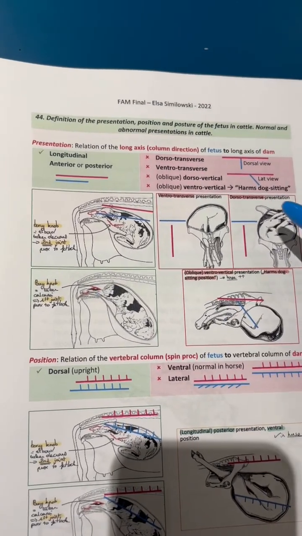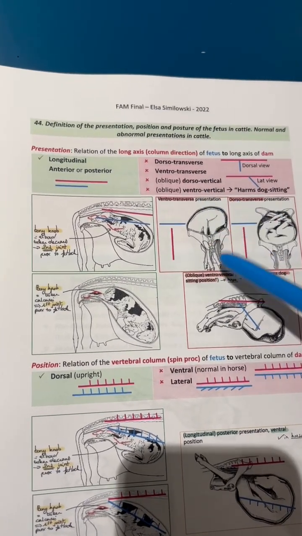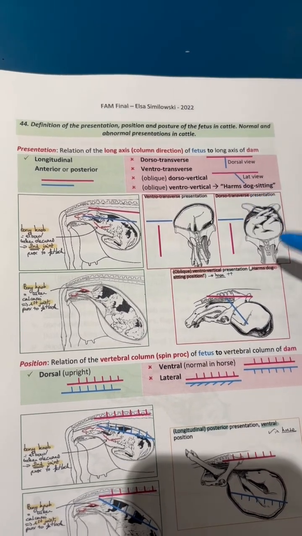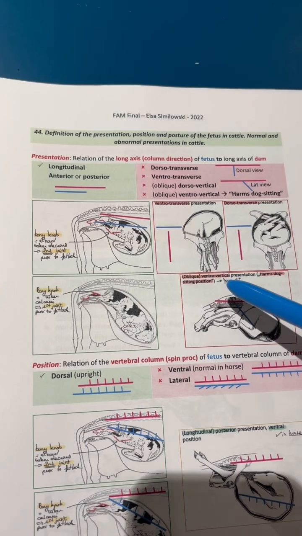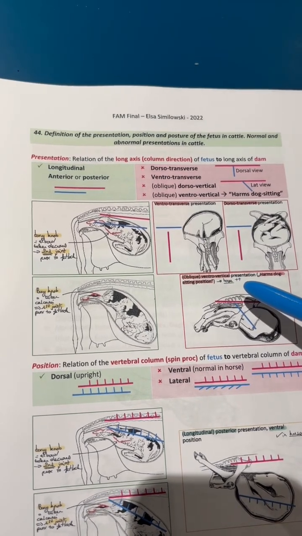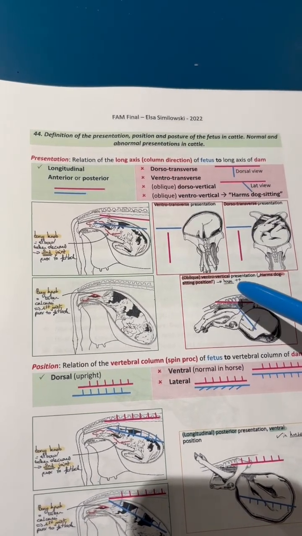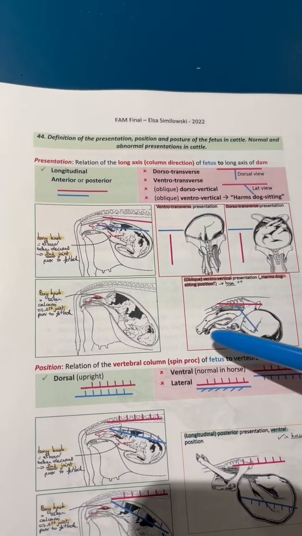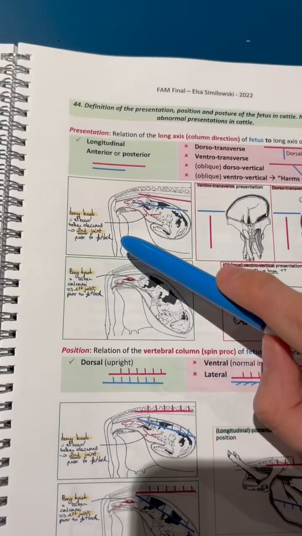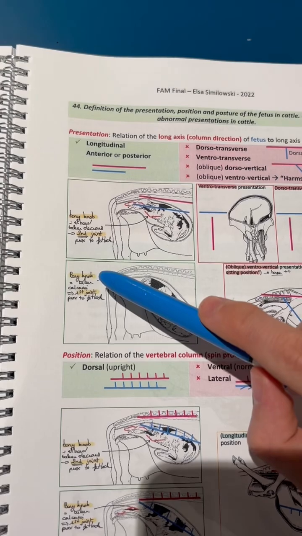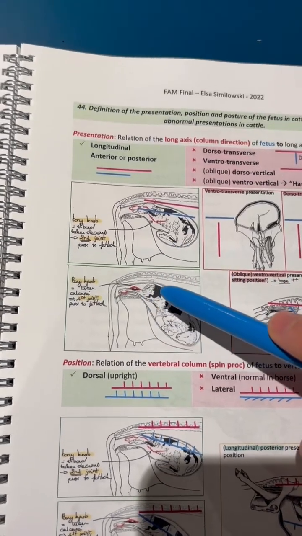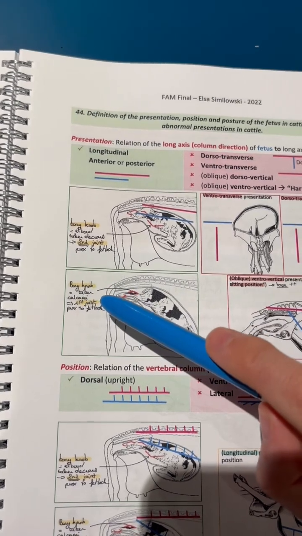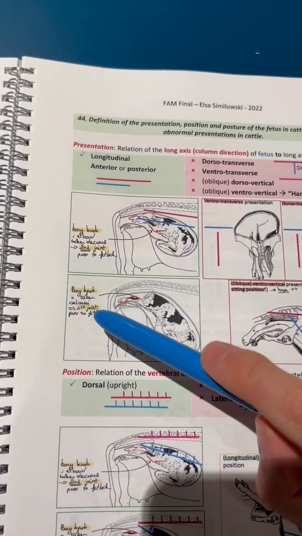The bad presentations are ventrotransverse, so the tummy's coming out, or dorsotransverse, so the back is coming out first, or oblique ventrovertical presentation. It's also called the Harm's dog sitting position. This is when the back leg is coming out with the front leg and the head. In the posterior position, the bony knob you feel is the calcaneus, and it's the second joint that you feel